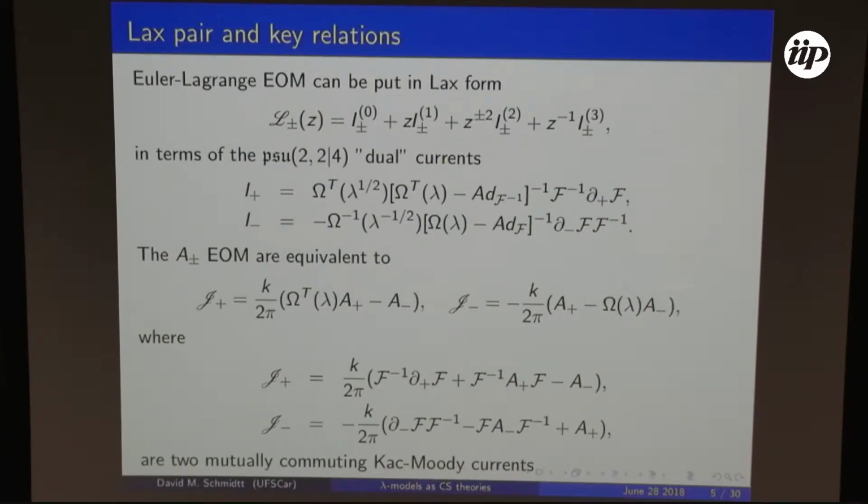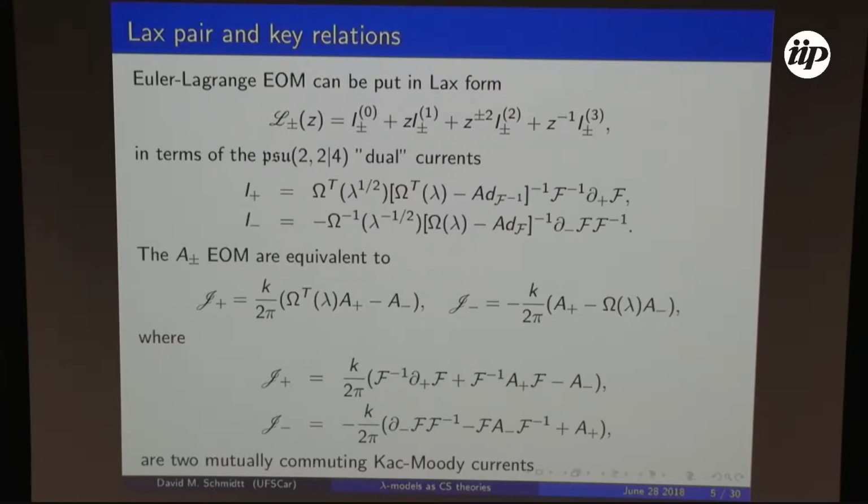So the integrable structure is exactly the same in both theories. The Lax connection takes exactly the same form. The analytic dependence on the spectral parameter is just the same, but it's written in terms of some dual currents. These currents are expressed in this way. So F is actually a group Lagrange multiplier, which we end up with a kinetic term,